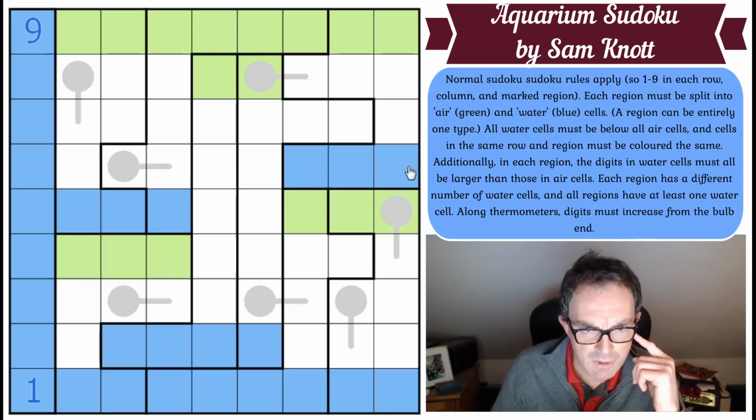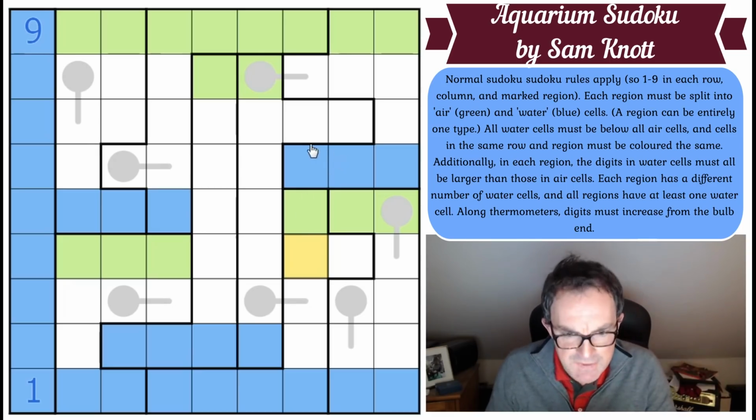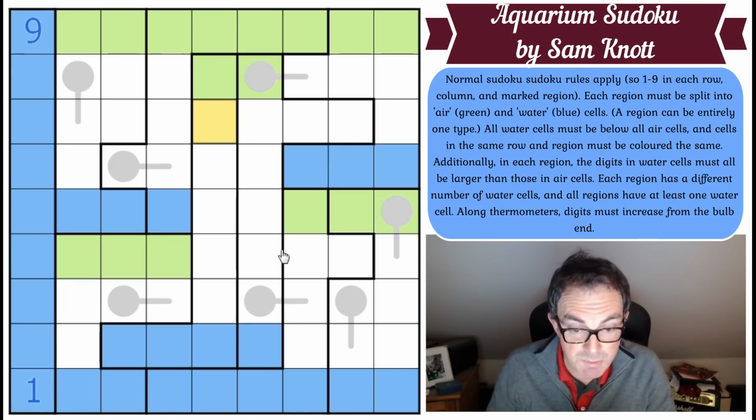Now what I want to do is to focus on the awkward digits. So again, coming down to row 9, I want to focus on the 2. Yes, I do want to focus on the 2. Because where does the 2 go in row 9? I don't know exactly where it goes, but I think I do know which region it's in. Because whichever region the 2 is in,